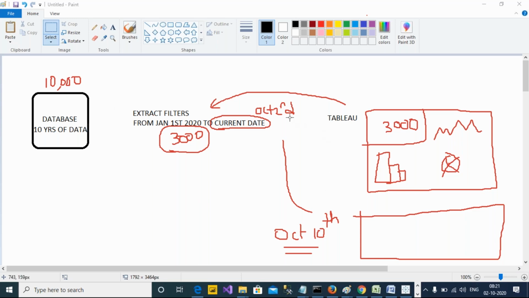On October 2nd, I extracted the data from the database, and on the 2nd I had 3,000 records. I took 1 week to develop the reports, and the reports are ready. Now the date is October 10th. On this date also, if I open this workbook again, do I see the same 3,000 records, or do I see